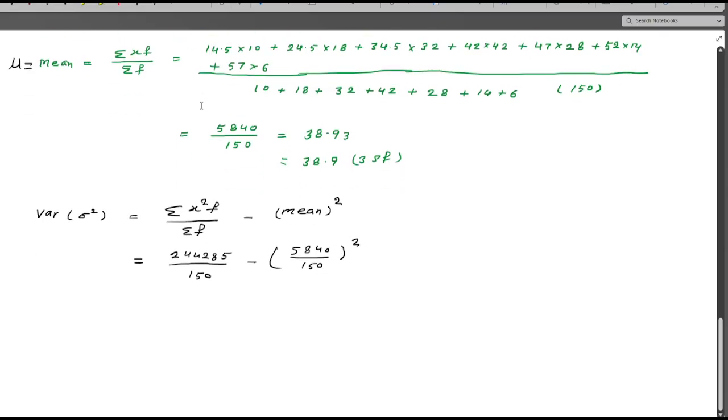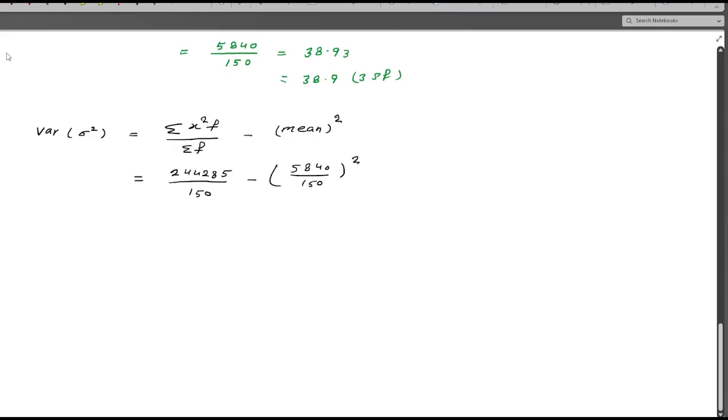This is your mean. So here the variance: this result I will divide by 150 minus 5840 divided by 150, the whole square. So the variance I get is